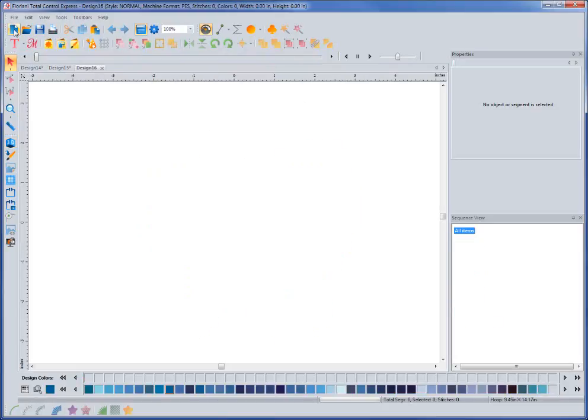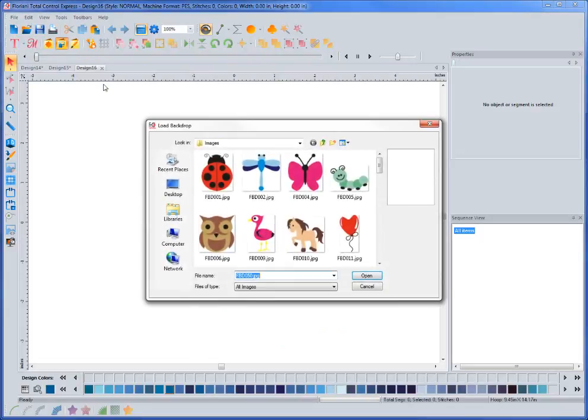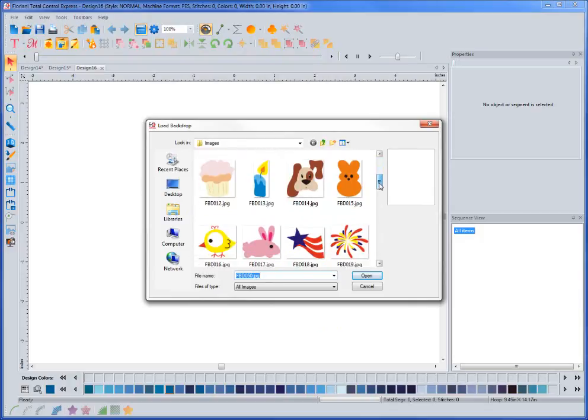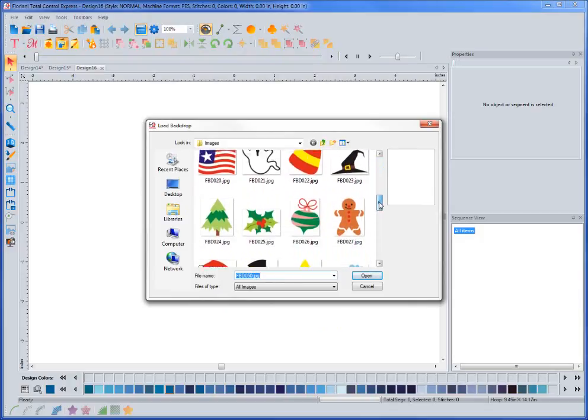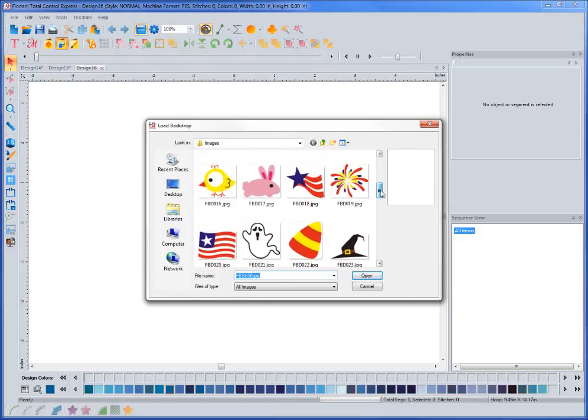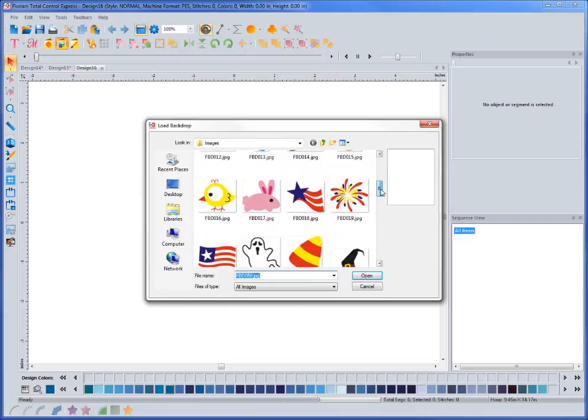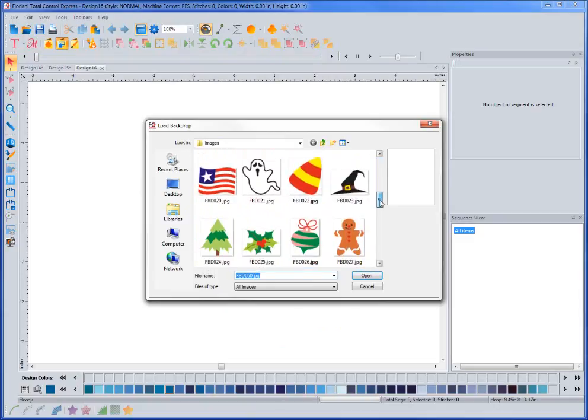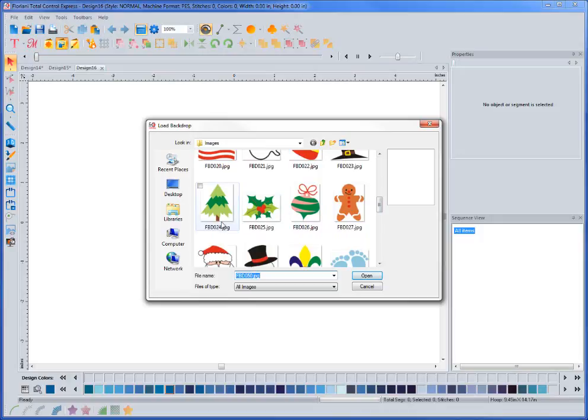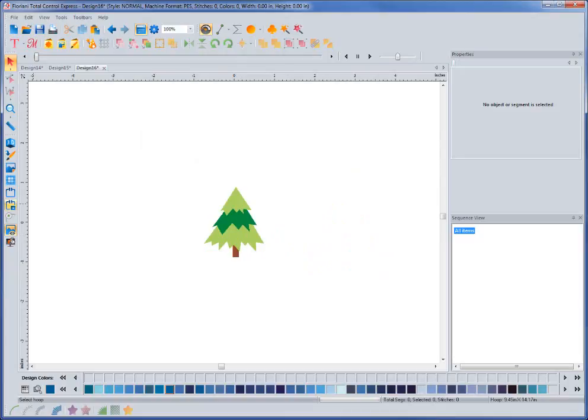So I'm going to create a new document and I'm going to load these up. So it brings up, these are the same images. Basically you could bring in any photograph. I'm just showing you what comes with the software, but you can navigate on your computer and bring up any image that you have on your computer. I'm going to open up this tree right here,